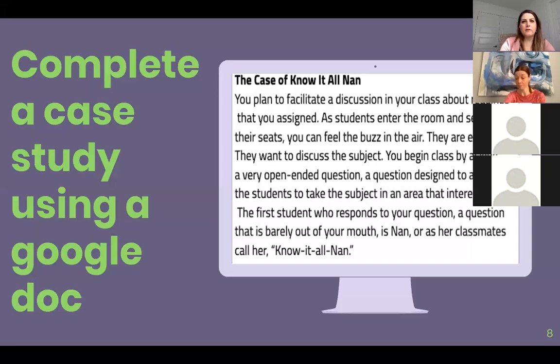And in EClass, there's a function to set up forum groups. It will automatically set up groups if you want. You can press the automatic button and it'll just put students into groups according to the size of the group that you want. So you can choose how many students you want in each group.